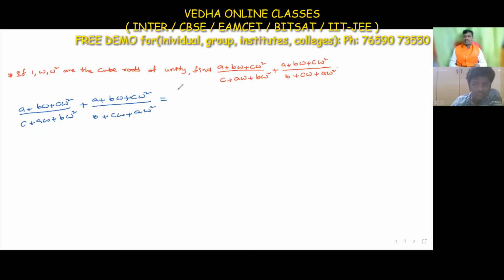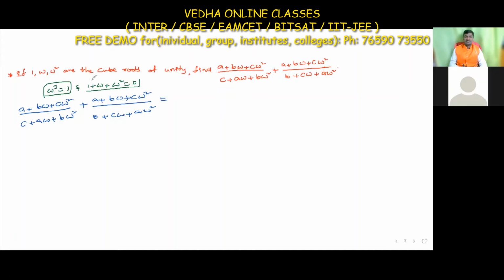I wish to cancel the omega terms in the denominator, so we have to change what we can. Here it is better to use the formula omega cube is equal to 1. Mostly I am using this, and based on possibility we also use 1 plus omega plus omega square is equal to 0. Understood? Now observe this clearly, carefully.